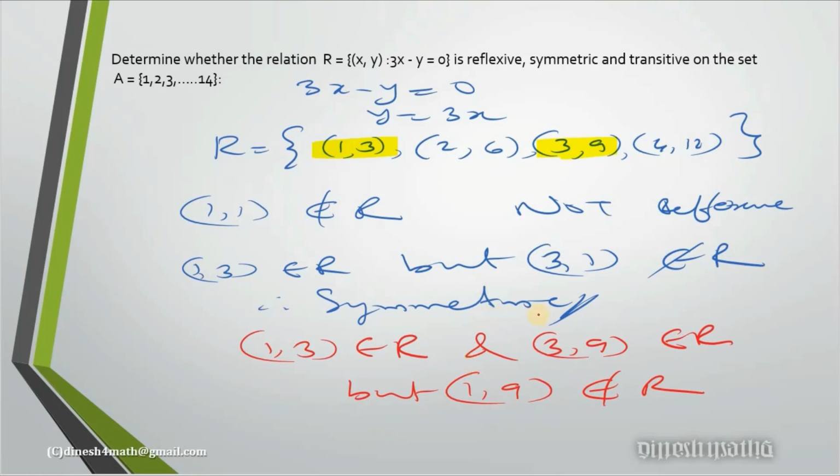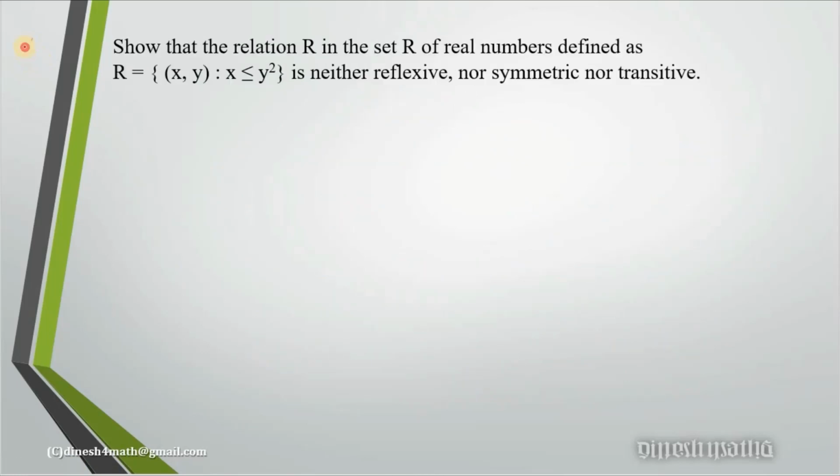So this is the other type of question. Whenever you have a general relation given, try to get some elements and make out the idea. Again, I repeat, to show something is wrong, one example is enough. But by giving an example, you cannot say that a condition is true and you will not gain any credit. We'll move on to another. This is also a very important question, repeatedly asked in board exams.